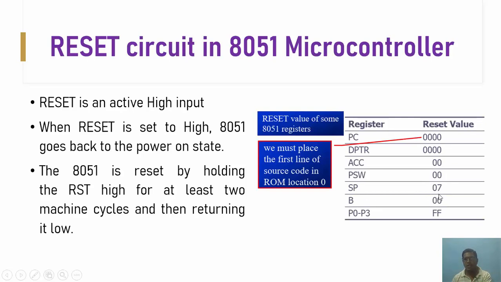B register is loaded with the value 00H, and all the ports, that is port P0, P1, P2 and P3, hold a high value. In the sense, after reset all these 4 ports are going to work as inputs. So what care do we have to take when we are dealing with the reset? This reset signal should be high for a minimum of 2 machine cycles. It is the most important criterion that we have to satisfy.